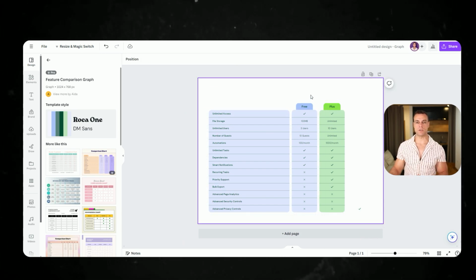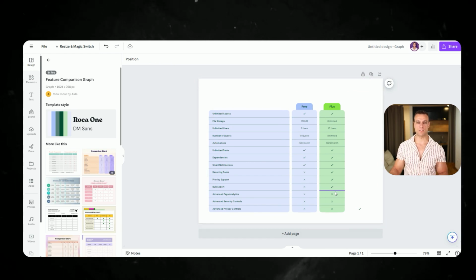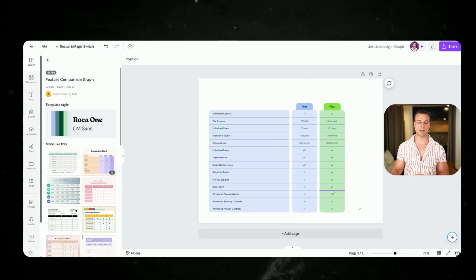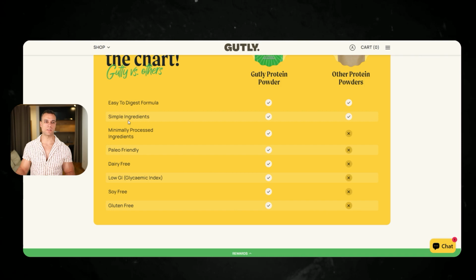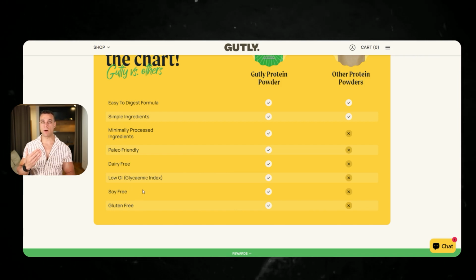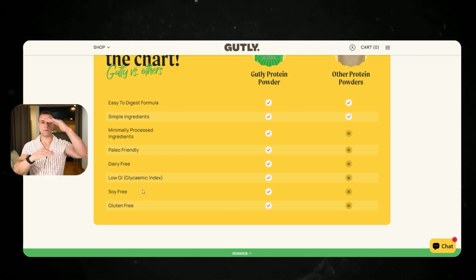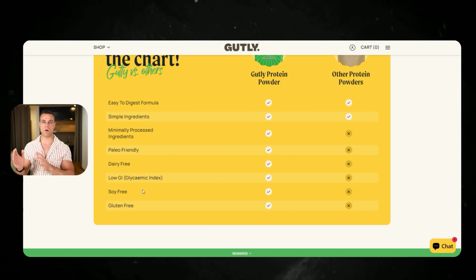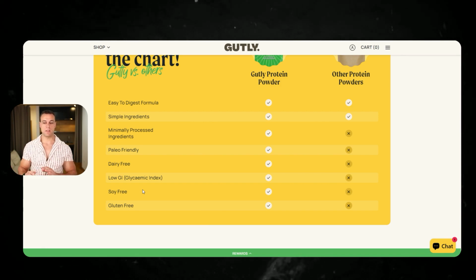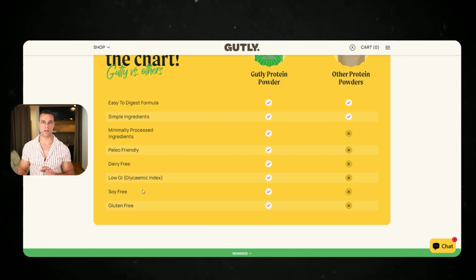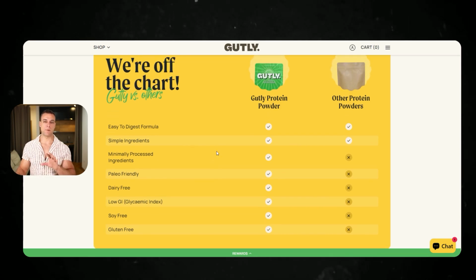And now imagine that you have your product over here and other products in the marketplace here, and then have about 4 to 5 maximum things that you're going to list out. You can see over here we have a little bit over that, but for the sake of brevity, when you're explaining things in infographic style, you don't want to have a long list of pros and cons or us versus them. It needs to be easily digestible for your customers, because this comparison chart should be on your product pages,